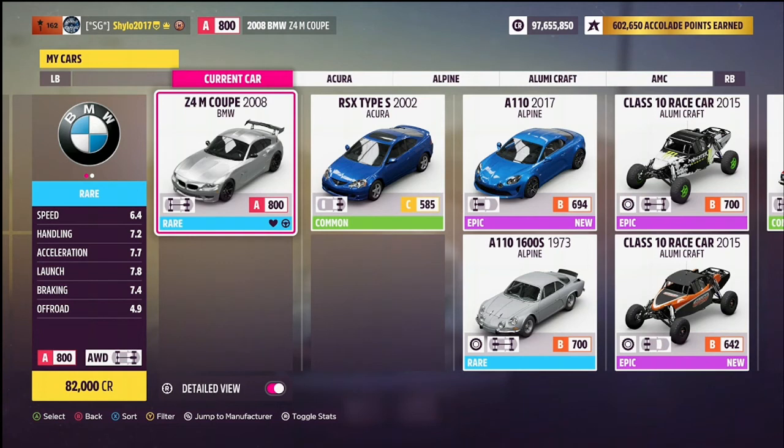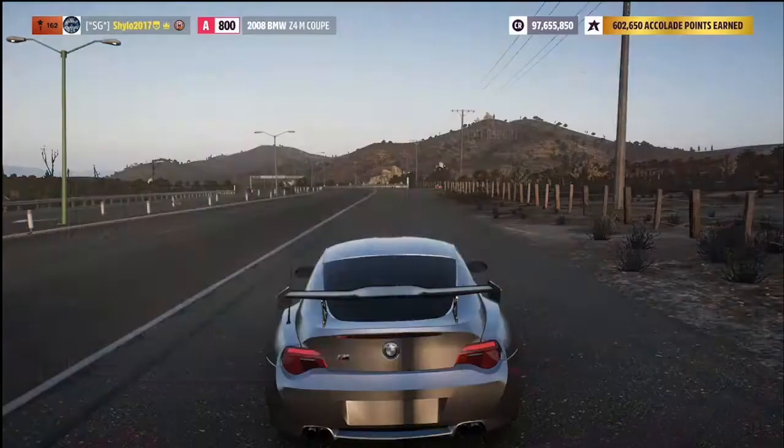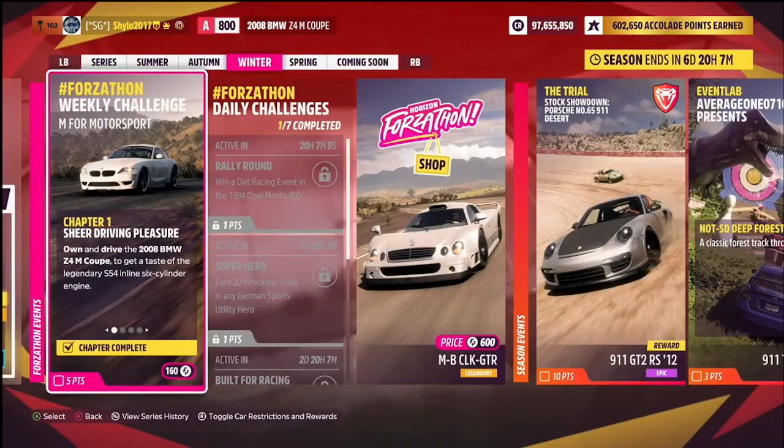The tune's probably around 50,000, so you're looking between 120 and 150,000 credits for the whole build, which isn't too bad, to be honest, because what you get from it is 5 points towards the festival playlist, and you also get yourself 160 Forzathon points if you own a La Casa Soliguera house. If you don't own that house, you'll only get 80, but that is still a decent chunk of Forzathon points